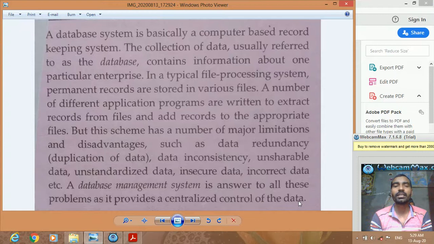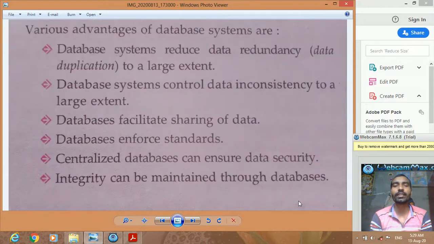There are numerous advantages of database systems: they reduce data redundancy, control inconsistency to a large extent, facilitate sharing of data, and impose standards. A centralized database can ensure data security, and integrity can be maintained through databases.